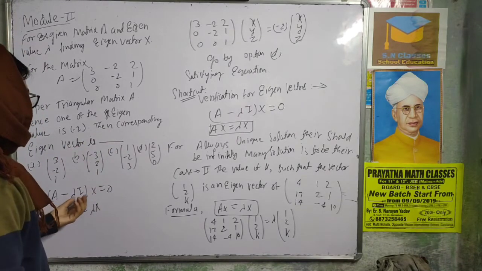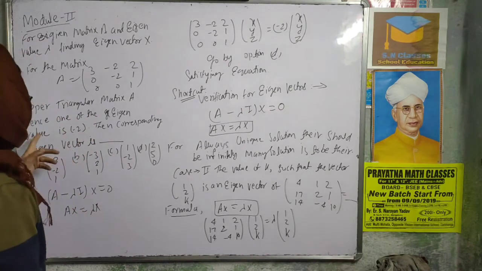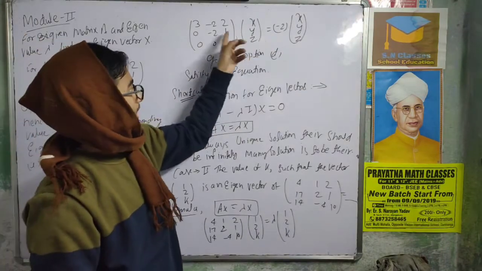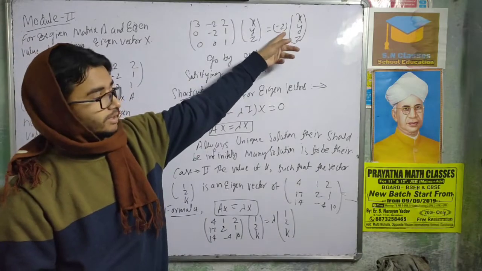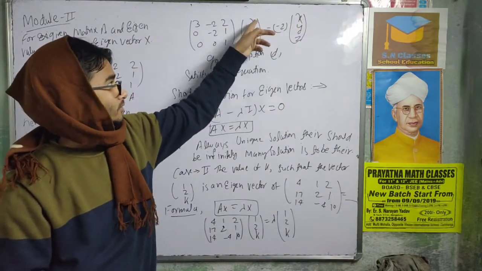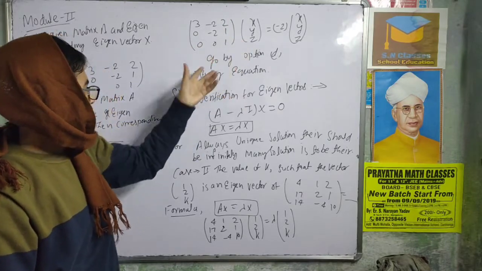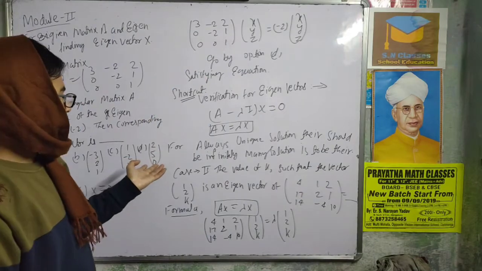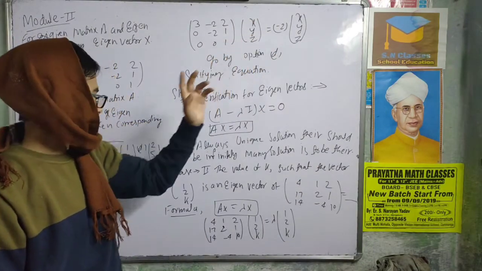So A minus lambda I times x equals 0, where we know lambda is minus 2. That is the eigenvalue, so we put minus 2 here, and A x equals lambda times x. With x as xyz and the matrix A, multiply and solve it with the options. You can look at which option satisfies this. I think option D will satisfy, with the same xyz value on both sides. That will give the answer.